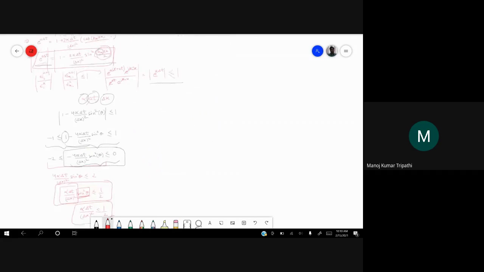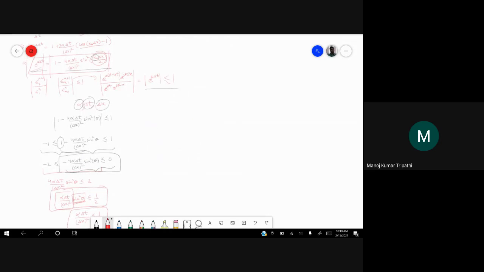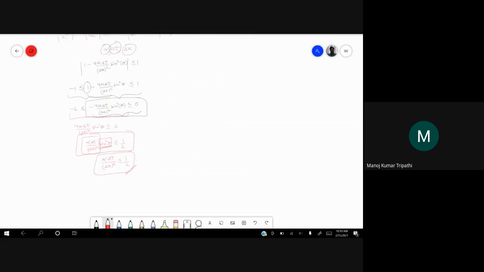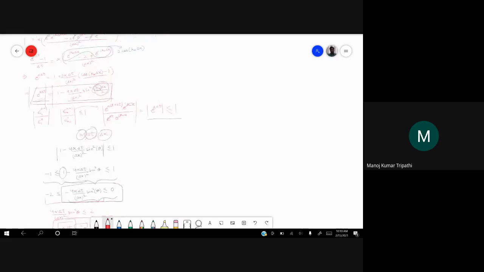Then anyway you are solving that assignment for implicit method, there you have to give me the condition on alpha delta t by delta x square for which it will be stable. Okay,